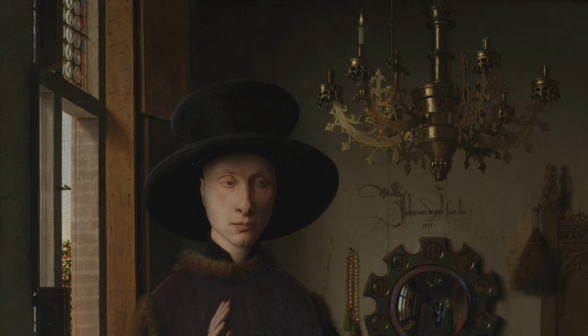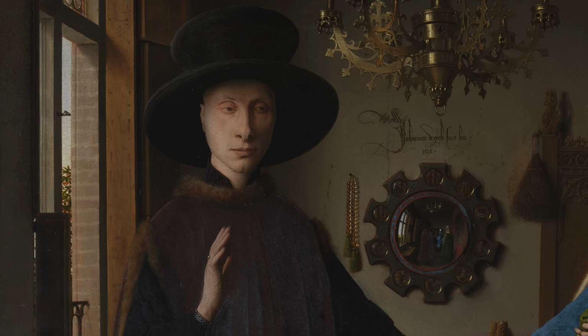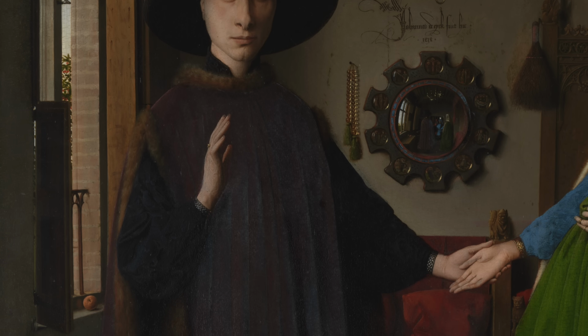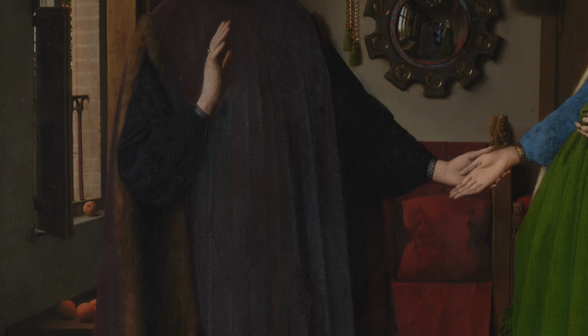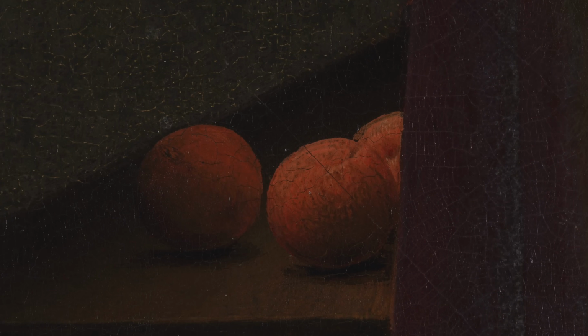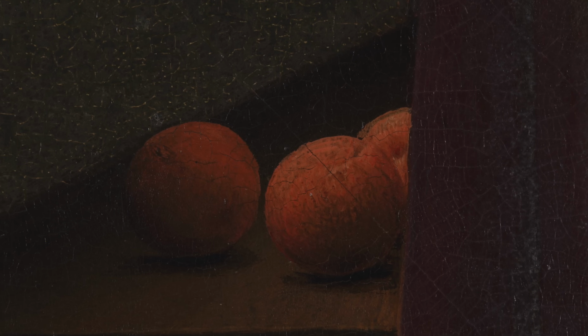On the left-hand side, we can see that there's an open window. You can just see a tiny little bit of a cherry tree, and on the windowsill and below there are some oranges just catching the light, and oranges would have been very expensive items at this time in 15th century Bruges, and you would be showing off in a painting that you were rich enough to have oranges at this